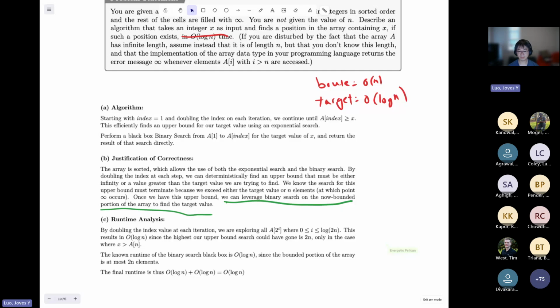It's still log n, right? Because it's your upper bound. Right. It's your upper bound. Yeah. Okay. Because